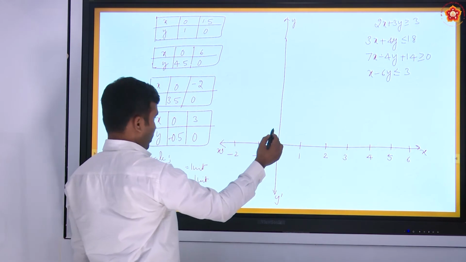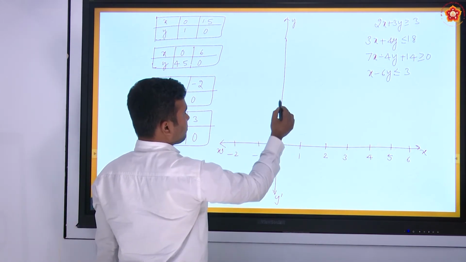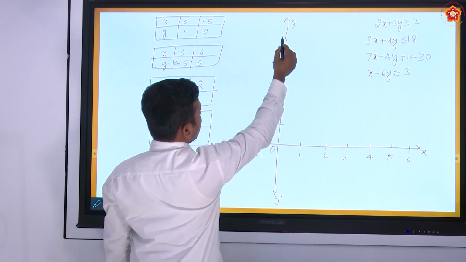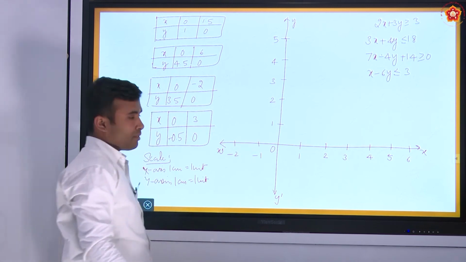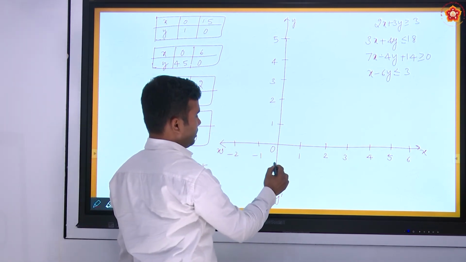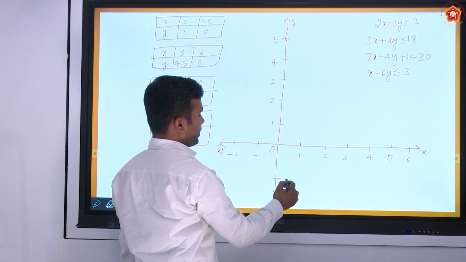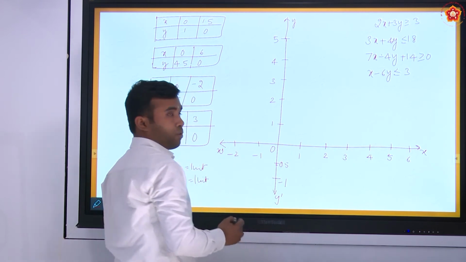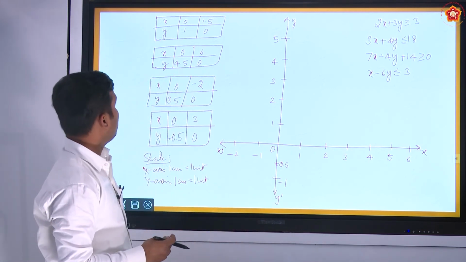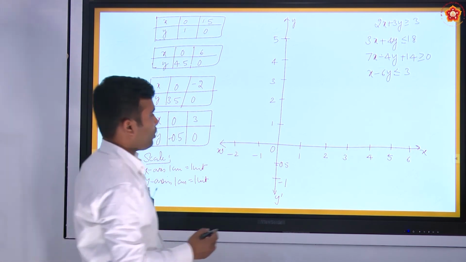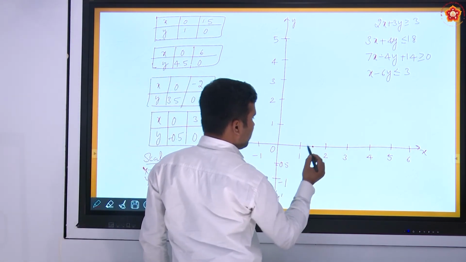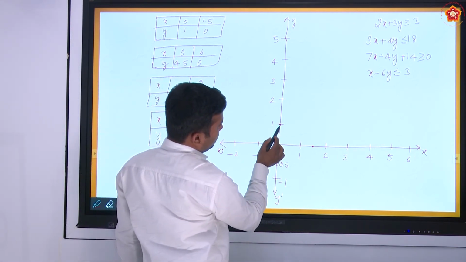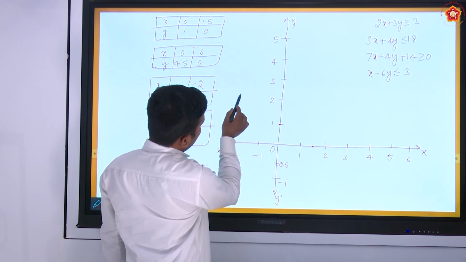And here on the y-axis 1, 2, 3, 4 and 5. And on the negative y-axis you may take minus 1. So this will be minus 0.5. Correct? No, minus 1. So now the first one is x is 1.5, so here is 1.5 and y is 1. y is 1. So let us draw this.